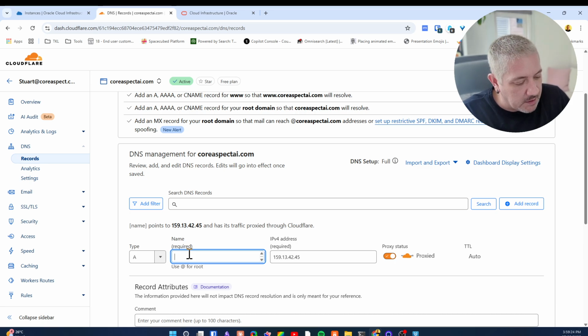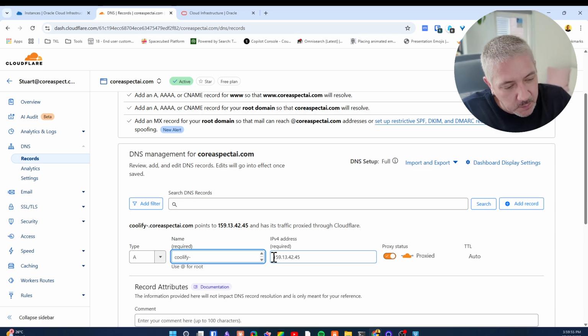The subdomains are for the Coolify admin and for your N8N admin. So I'm just going to put Coolify, and I suggest you don't use underscores in your subdomains. Some applications don't like them and you'll get an error, so I suggest using dashes or whatever. Because I've been doing this a number of times now, I've had to version control a lot of my subdomains, and